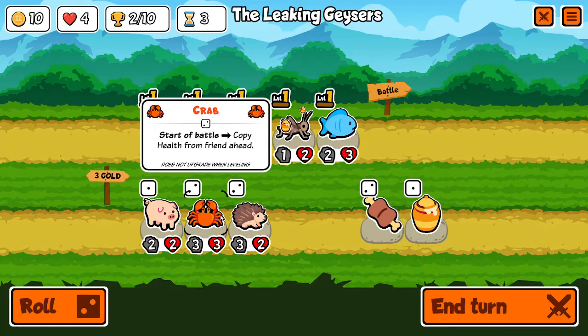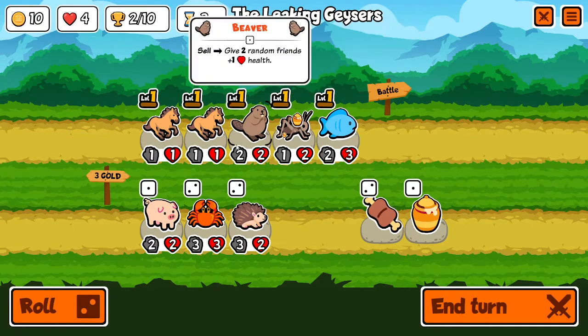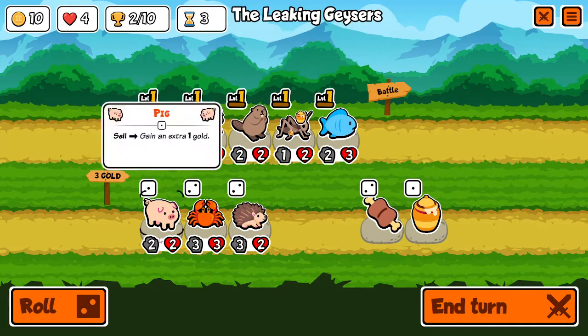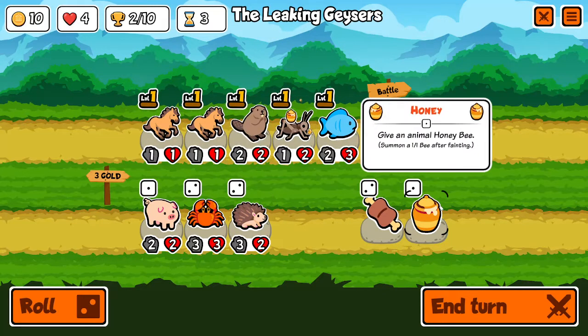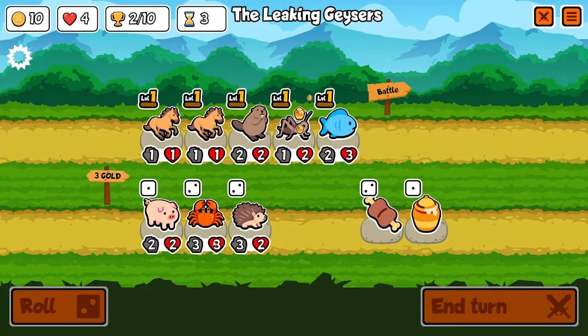So we got a pig, which I already explained. The crab, basically, if you have a big dude, the crab can come in and suck up his HP and also become a big dude himself. And then the hedgehog, he faints and deals 2 damage to everything, which would be particularly great with our board considering everything but the fish would die. So I think we're just gonna... I could grab honeybee, but I think we're just gonna roll because we want to find like...